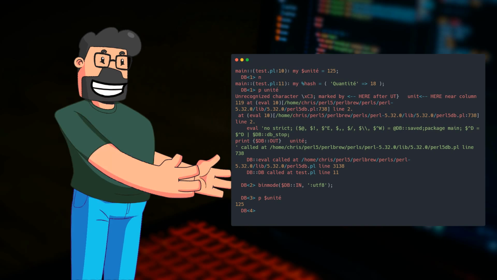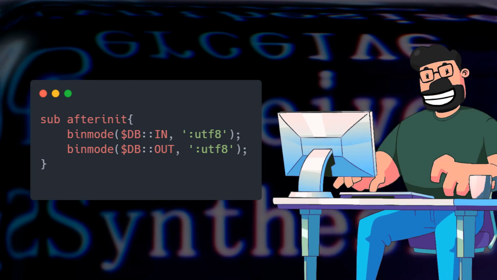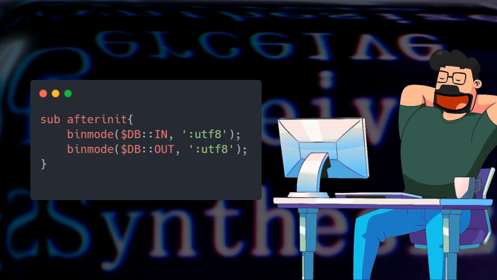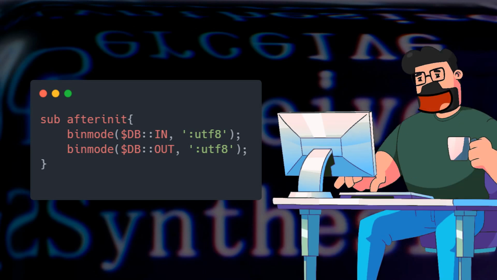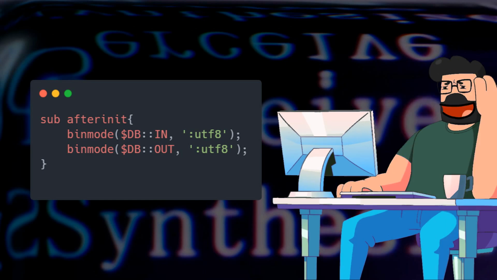debugging experience. Continuing with the solution, you can utilize a .perl file to always run code on startup in the debugger. By including a subroutine like the one below in your .perl file, you can ensure that your $db in and $db out handles are switched to UTF-8 every time you debug a Perl program. This simple yet effective step will streamline the debugging process and help you navigate and work with UTF-8 named variables